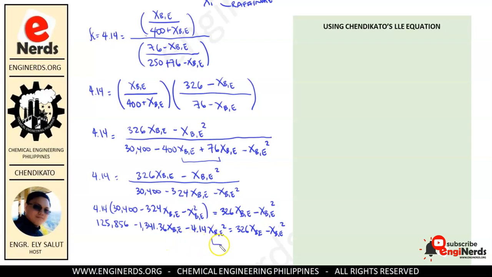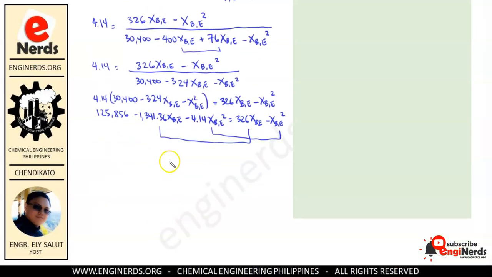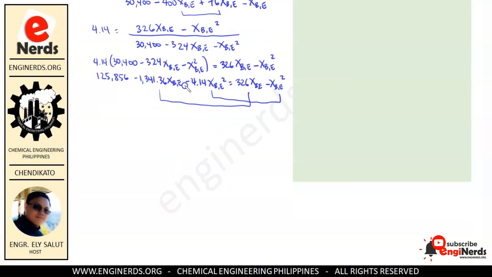So kukombine natin to. Itong squared at itong XBE natin. So we will just combine it. So if I will transpose everything to the right side, we will have here 4.14 XBE squared minus XBE squared. So we will have 3.14 XBE squared. Okay? And then I will have 326 XBE plus